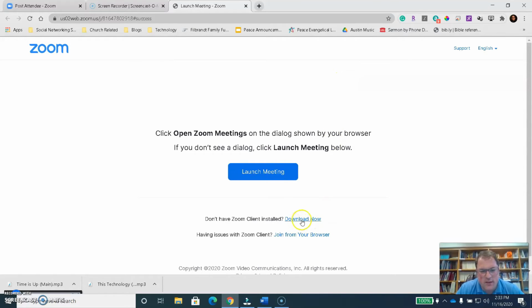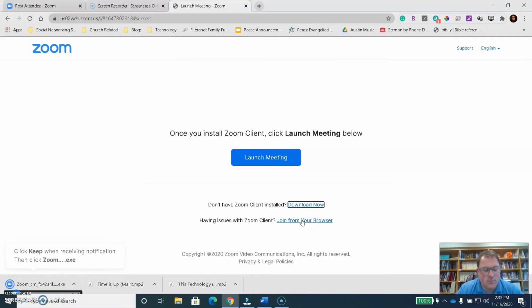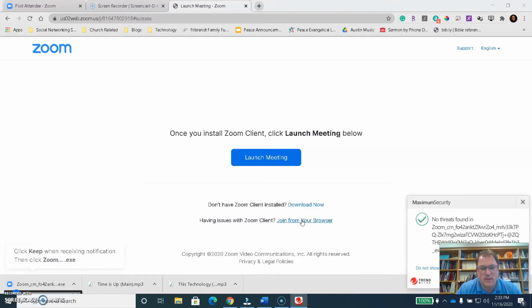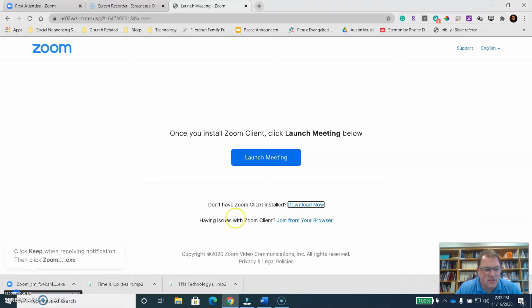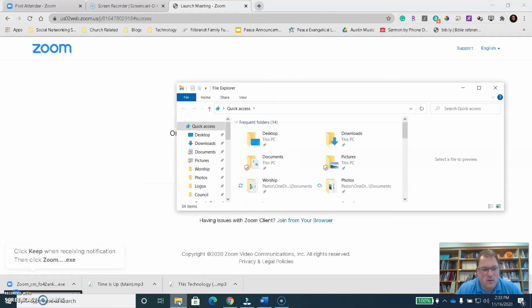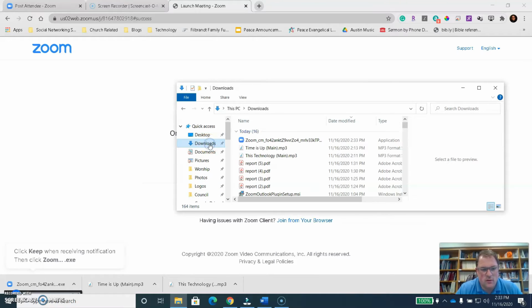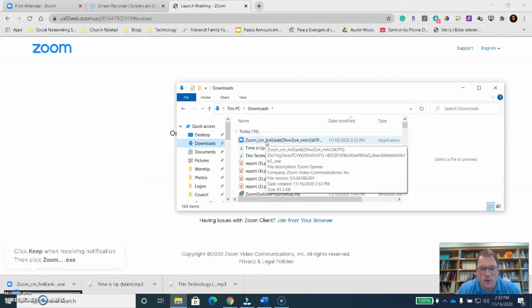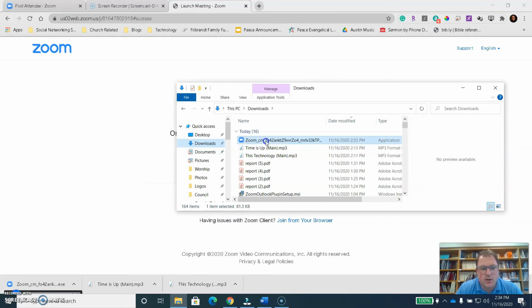So you simply click on download, and depending on what kind of web browser it is, most of the programs will save the download to your downloads folder. So you can either double click on the installation here, or if you click on the folder icon here and you open up this folder that says downloads, you will see that it downloaded right there, and you can double click on it right there to install. You just go through